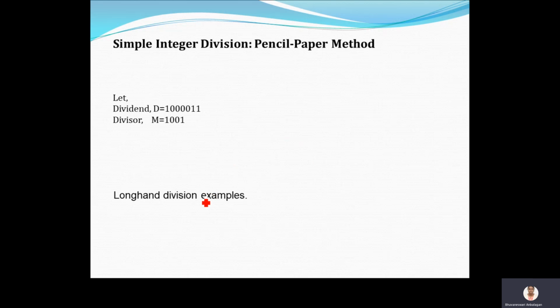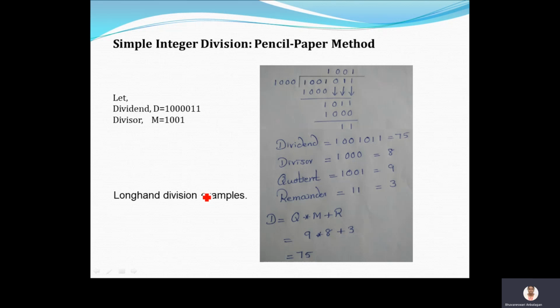We'll look into an example of how a simple division using integers is going to happen. So you have a dividend as 75, its equivalent binary value I have written, and the divisor is going to be 8, its binary value has been taken. So I am going to do the division over here by applying 1000 into 1, which I am going to get over here. Again I am going to carry out all the values available here, and then for the next step, I am getting the remainder value. So the quotient is going to be 9 and the remainder is going to be 3.